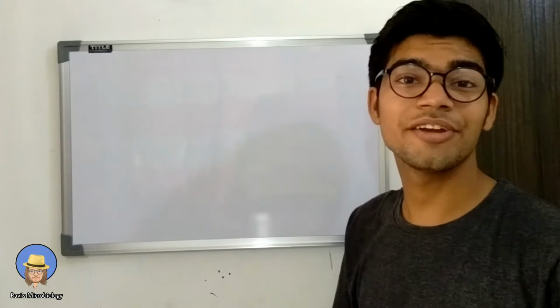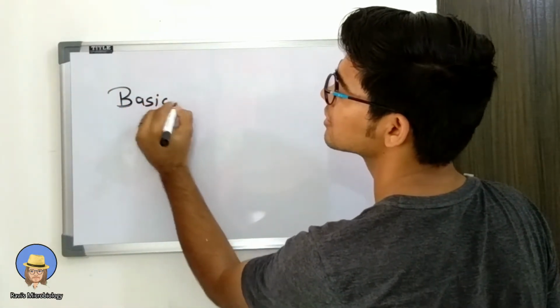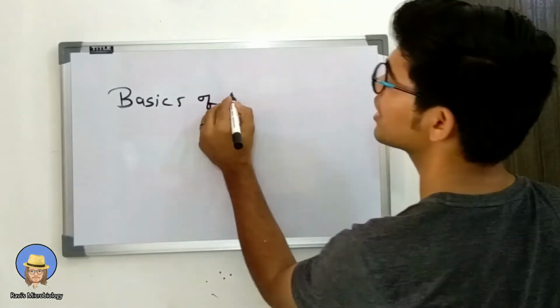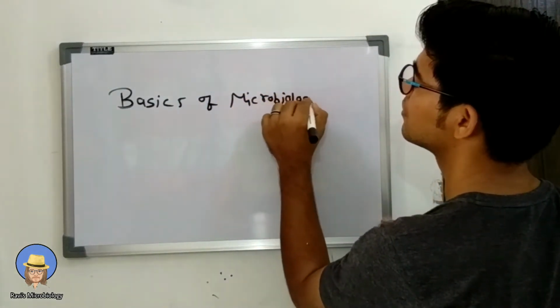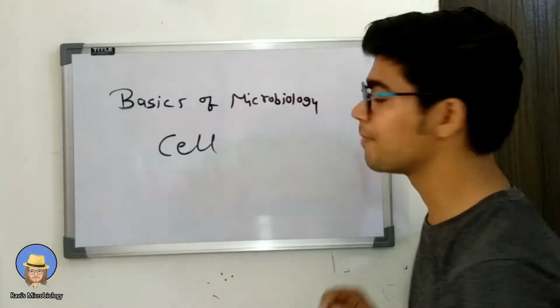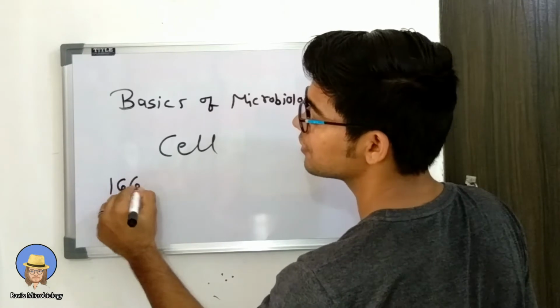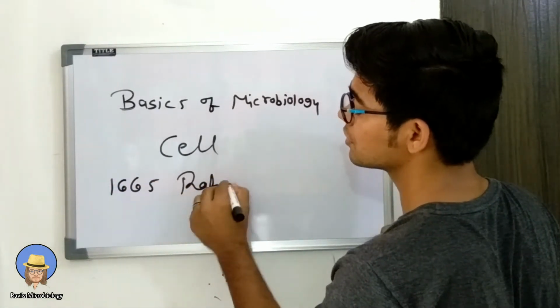Hello friends, today we are learning the basics of microbiology. I mean to say, cell. In 1665, the scientist named Robert Hooke